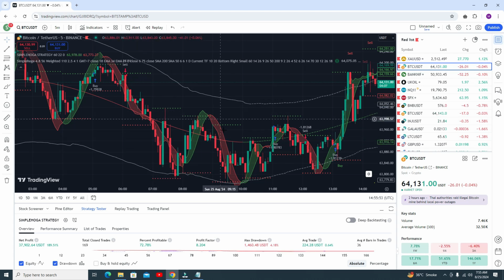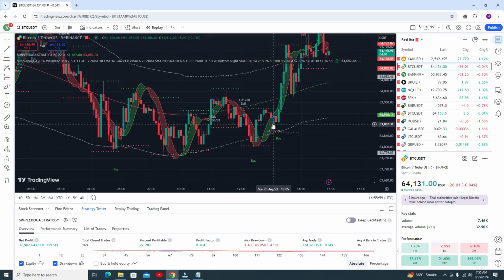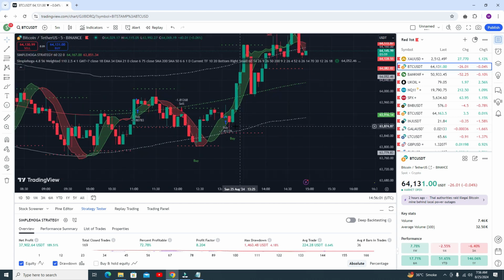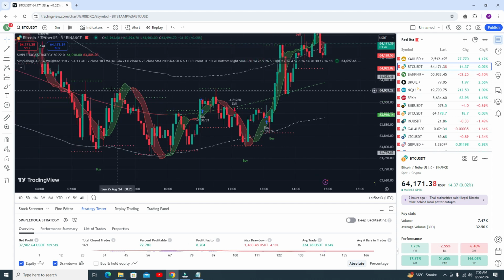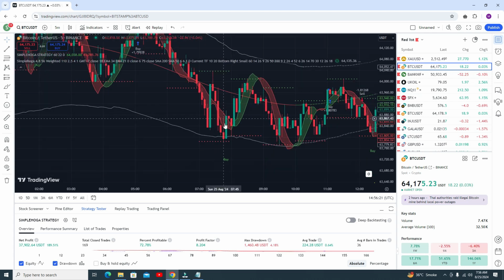RSI, there are 3 band lines. You need to keep your eyes on whether you are getting the buy signal. Make sure that after getting the buy signal, you go to the buy position when the candle is very close to the lower band line. Like this one, do not go for the buy position, do not go for the sell position. Where you need to go, here you can see it's very close to the upper band line, so you need to go for the sell position, and it will give you profit like this one.